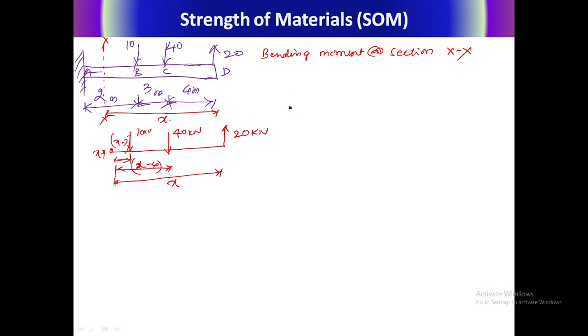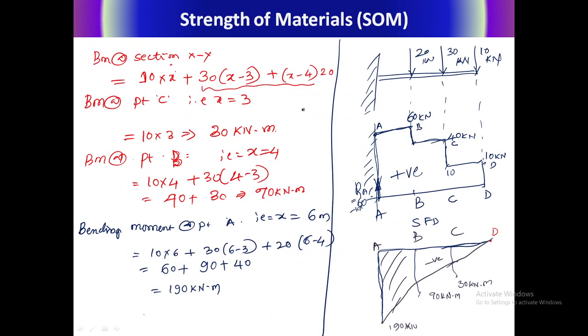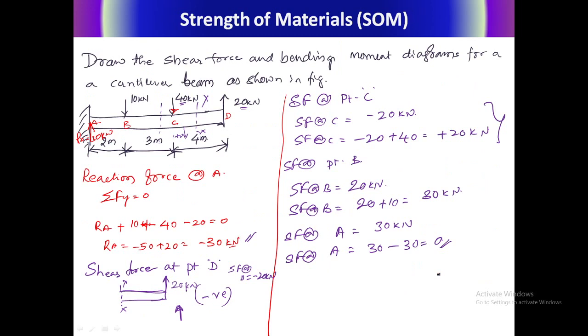Let us write the equation here. Now 20 into x, this is causing what? Hogging moment. Let us take this as positive. For the earlier case, you just note down: we calculated all values as positive, but we drew the diagram as negative, because based on the general concept all moments are causing hogging moment. So we drew a negative diagram. If it is a positive value, then you need to draw the positive diagram.